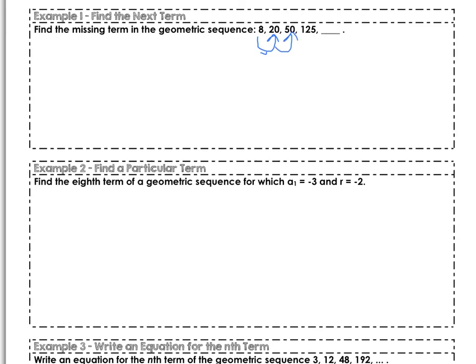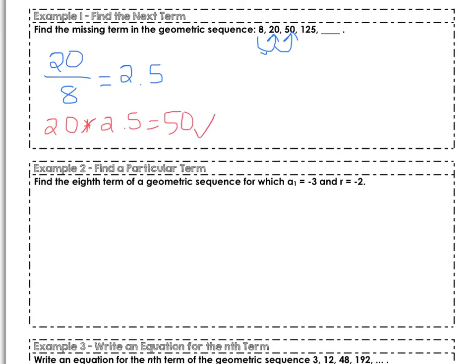Well, to figure out what we're multiplying by, I'm going to take my second term of 20 and divide it by 8. That's going to get me a common ratio of 2.5. You should check to make sure that this is going to be the same thing to get from one term to the next. So 20 times 2.5, that's going to equal 50. That's how we know it's going to remain consistent. So to find the next term, I'm going to take 125 and I'm just going to multiply that by 2.5, and then I'm going to get the answer of